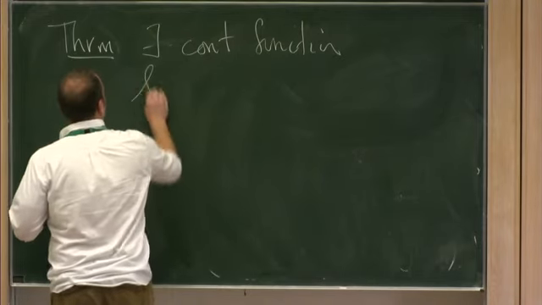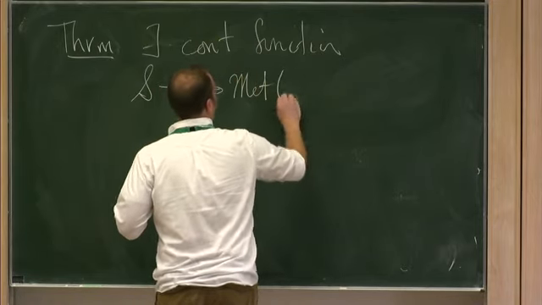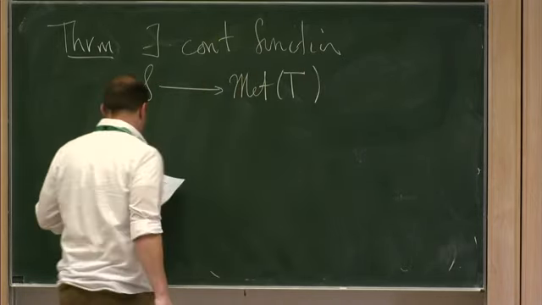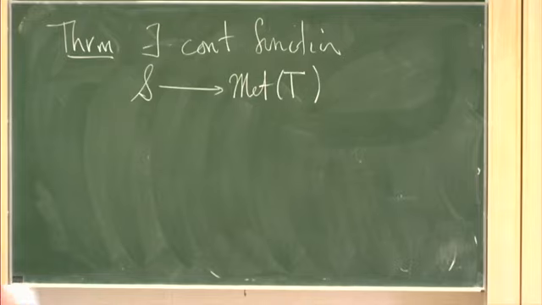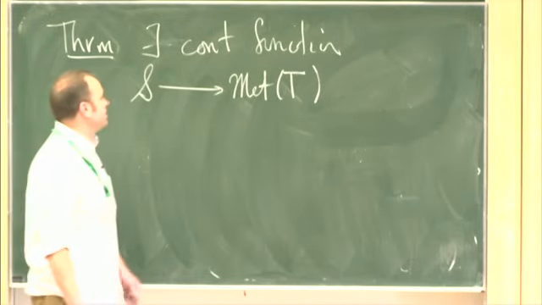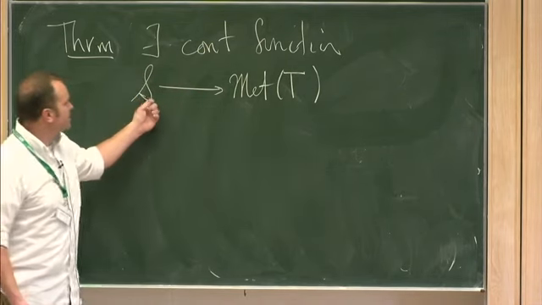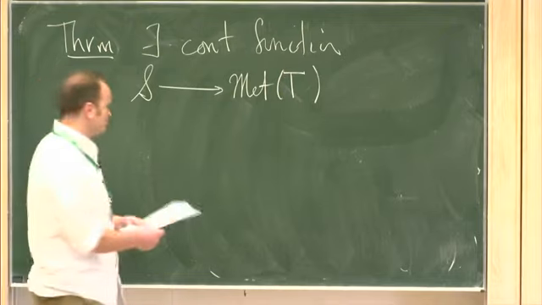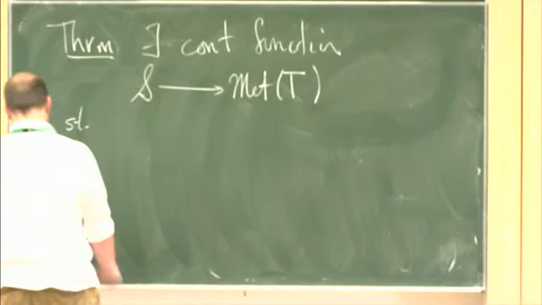So this function goes from the cone to metrics on the tree T. So it's continuous with respect to some kind of a weak topology. So if I take an arc in the tree, the length of that arc is a continuous function of S. Such that